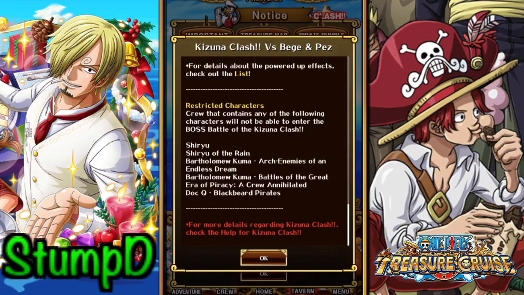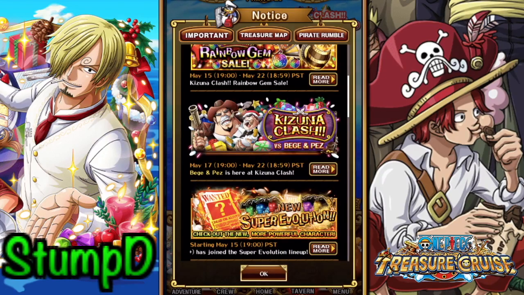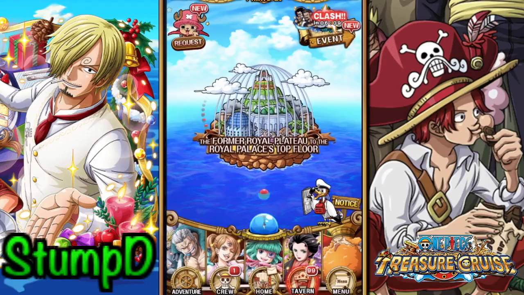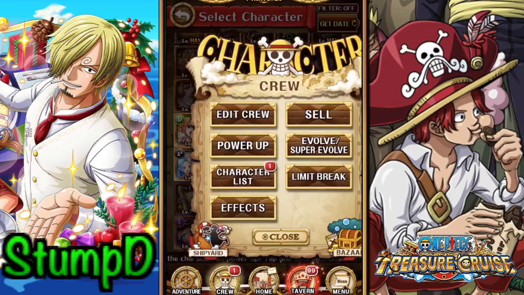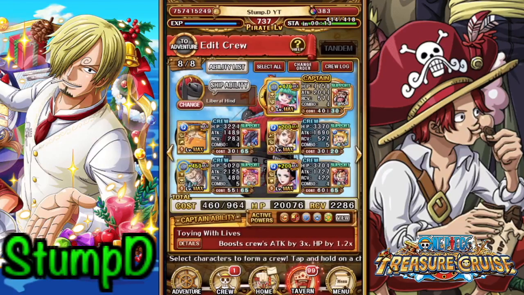Obviously, we can't bring Shiryu, Barto, all the standard stuff, you know. We can't bring those characters that just do instant kills. So let's have a look at what each stage actually does. So on the first variation, Bege is actually a strength unit. And against the strength stage of Capone, on stage 2, we come up against Monet, who's an int unit